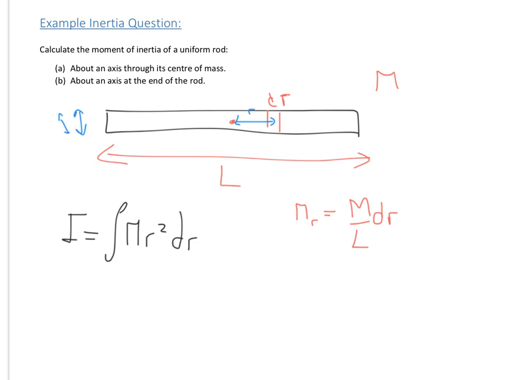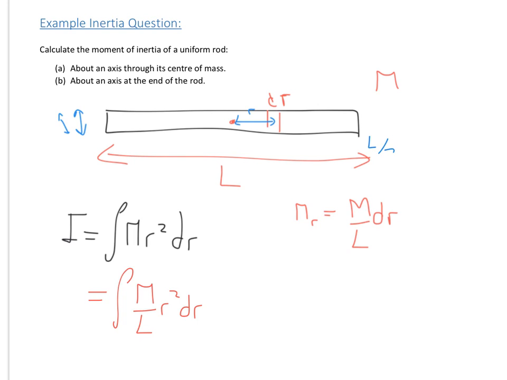So what we've done here is we've got the total mass divided by the total length, so that tells you the mass per unit length, and you multiply it by the unit length, and you can put this into your equation. So we then have this expression here, so it's got the values that we need,